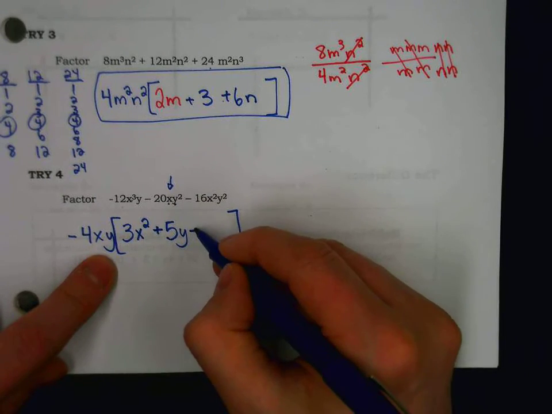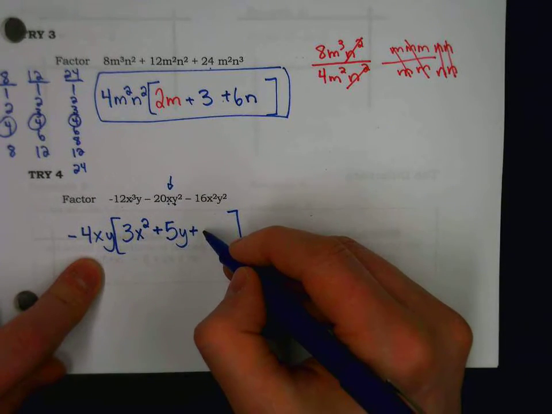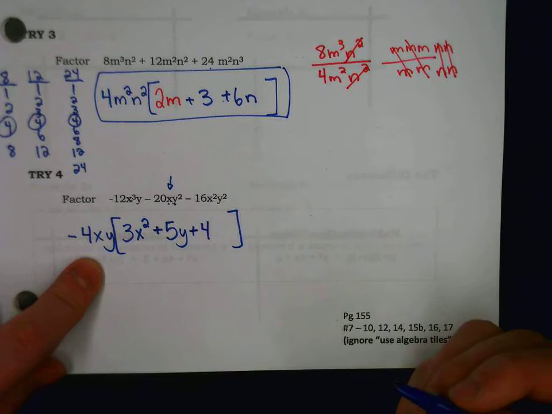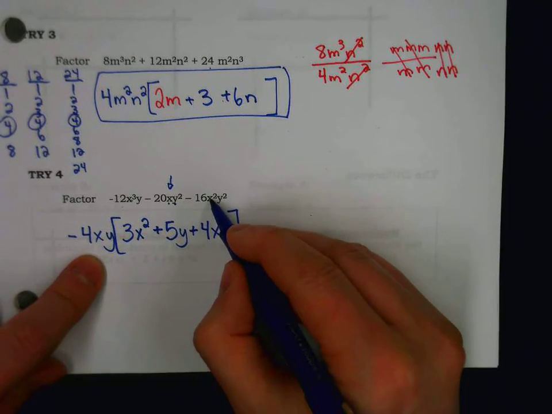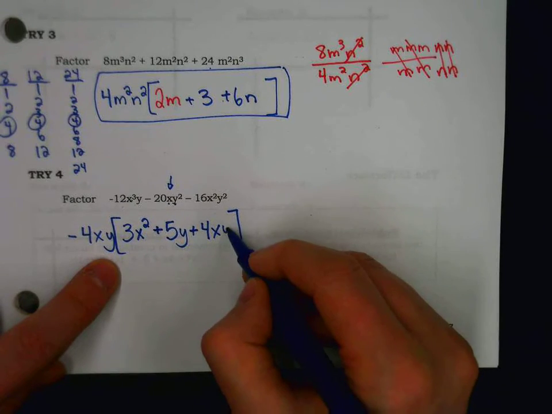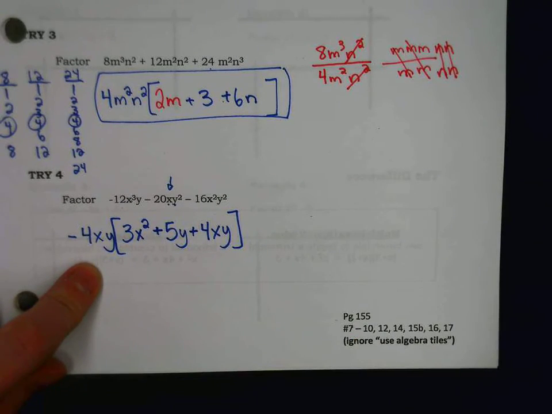And lastly, -4 and a +4 make -16. 1x, 1x, 2x's, 1y, 1y, 2y's. There's your final answer. It is always great to double check and distribute